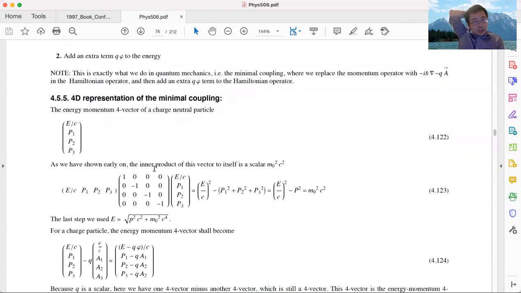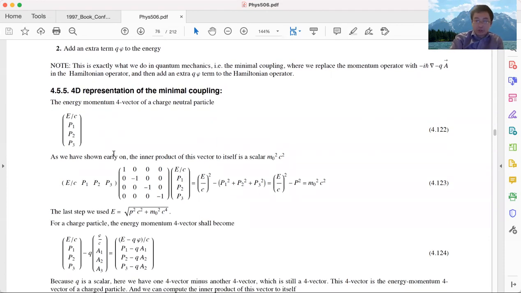So one more thing I want to mention about minimum coupling is that this minimum coupling can also be written in a 4D vector structure. As we learned early on, every physics law, we should be able to write it in the scalar, vector, tensor structure to make sure that it's invariant. All the physics laws are invariant under Lorentz boost. Okay? In different reference frames, we see the same physics law. Okay? So in order to understand